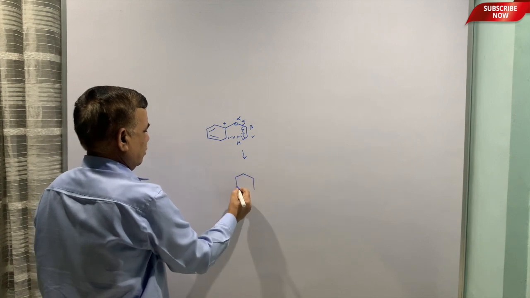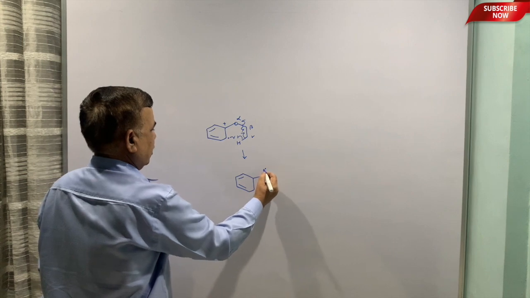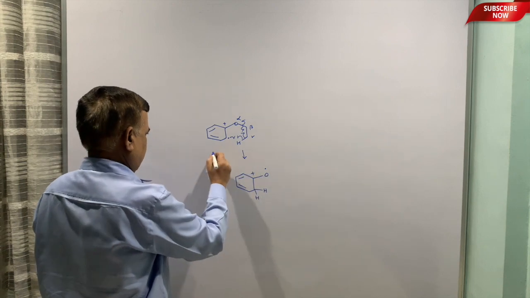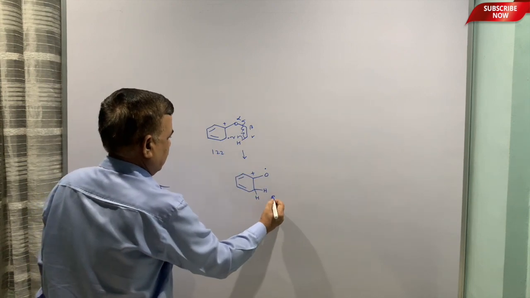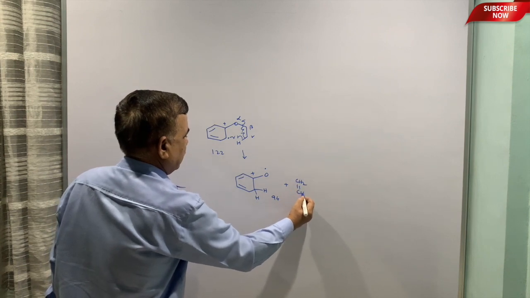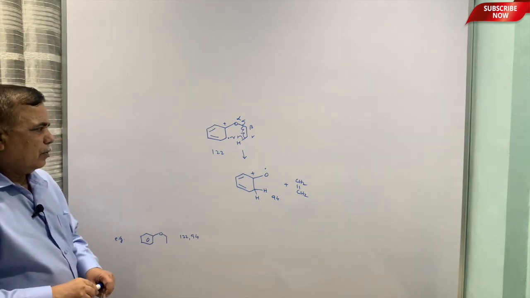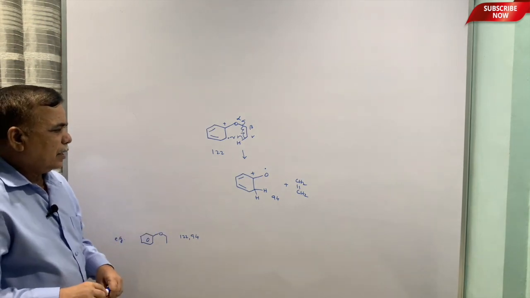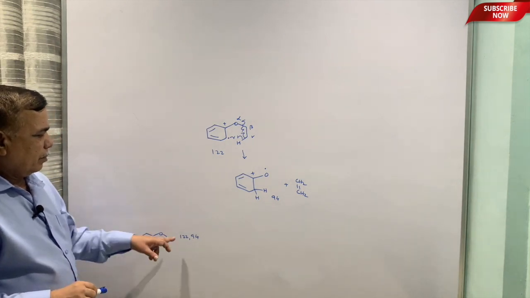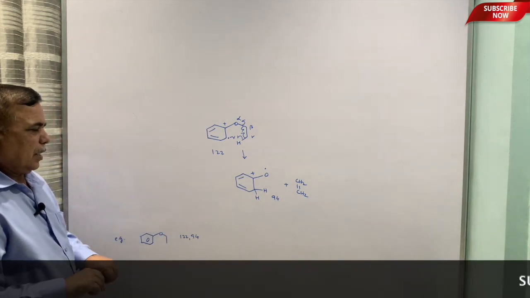So, even mass M plus can give you an even mass fragment. This is 122, this is 94, and what is going off? You are losing ethylene. Ethylene, the mass is 28. So, if 28 is lost, you get 94. So, this is even to even. So, it is McLafferty rearrangement.